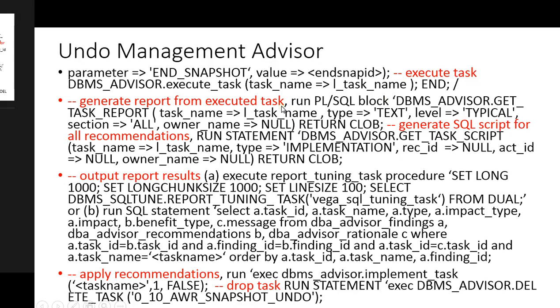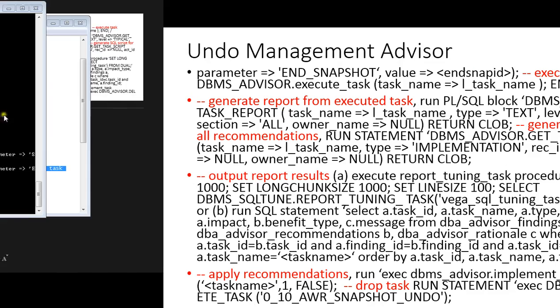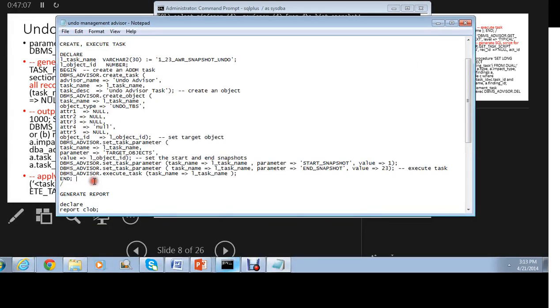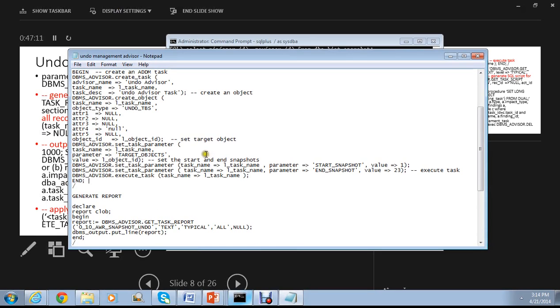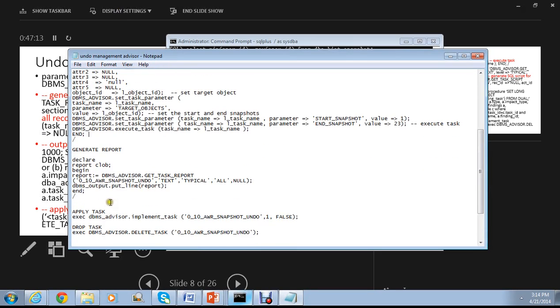So now I need to generate a report for my task, right? So what I need to do is to generate a report. I have to come here at the bottom, and basically to generate a report, this is a script. So you have to declare the report. Again, the data type that you're using is CLOB. DBMS_ADVISOR.GET_TASK_REPORT. Again, my first field is going to be for my task name. Second field,